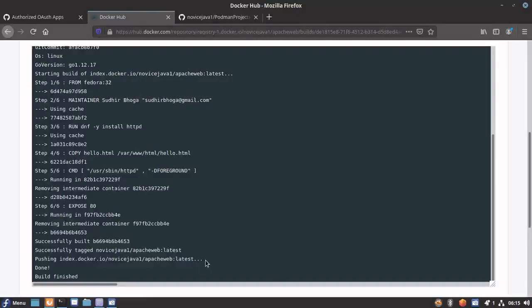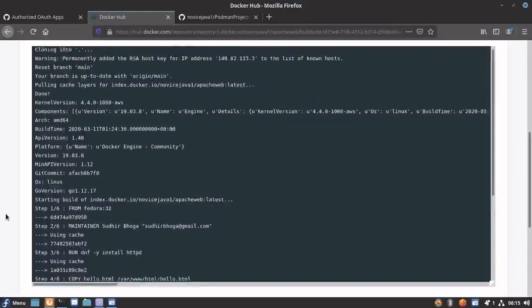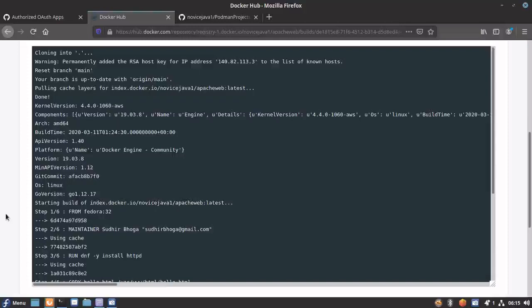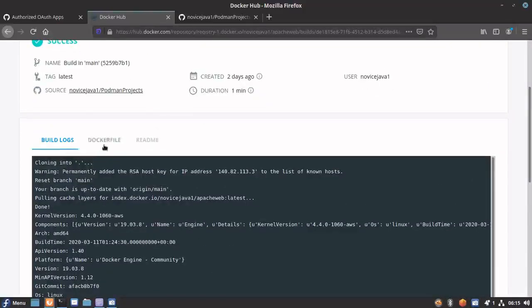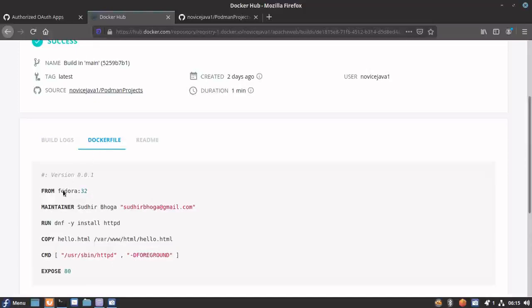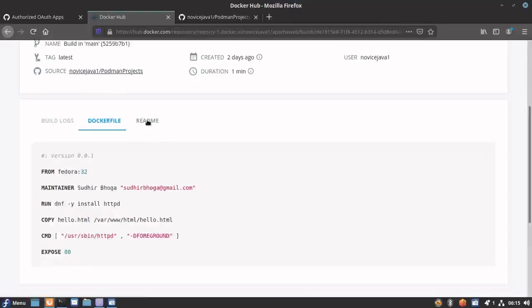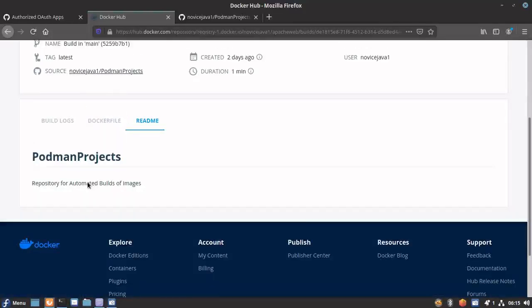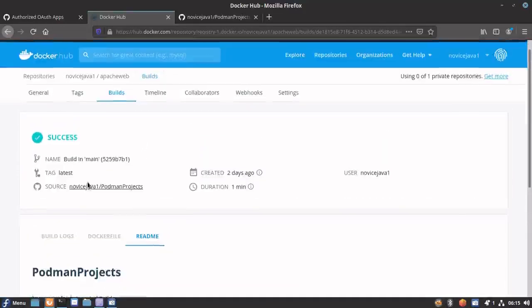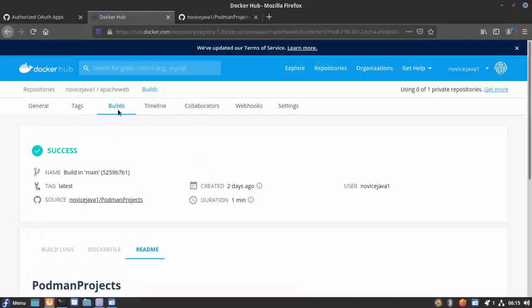So it is pushing our image Apache Web to Docker Hub. This is how the build log will show, and it will show whether it is a success or failure. It also captures the Dockerfile for you, whatever is present on the GitHub, and the README file you have kept in your GitHub repository.